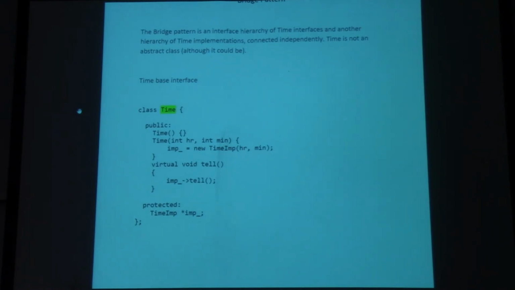because maybe we want to implement the time as a military time, or it could be GMT time, or it could be Eastern Standard Time, or it could be Central Time, could be Pacific Time, could be Mountain Time, could be China Time,